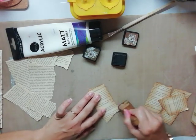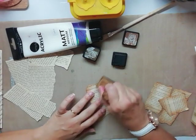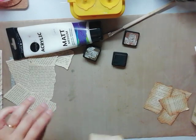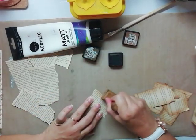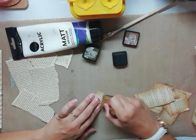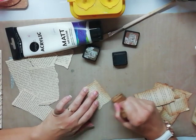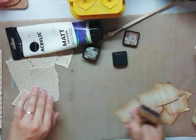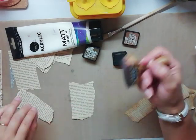It's very simple. You don't press very hard unless your ink is very dry. Then yeah, you're going to have to press hard just for your ink to get onto the paper. But the lighter you press, the more natural, if that's the best word I can get, the more natural it will look. Because let me just do one here when I don't actually clean the